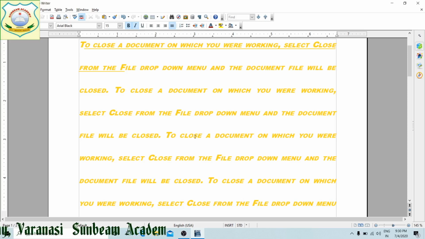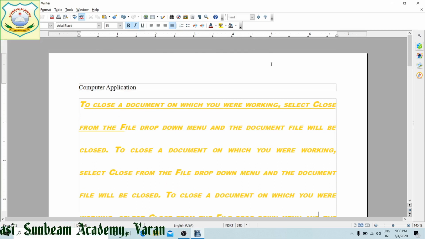Once again, students, today's topic which I told you, I want to show you how we are going to use margins. Margins, it is clear. This one, this one, this one, this header comes under the work area, because the top and bottom margins are not used in the header and footer.